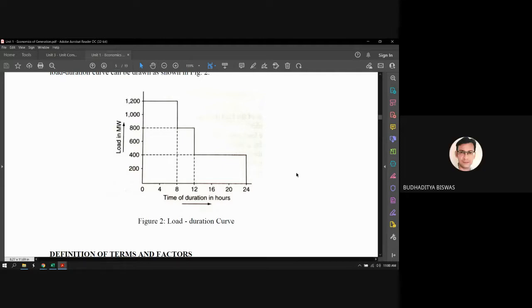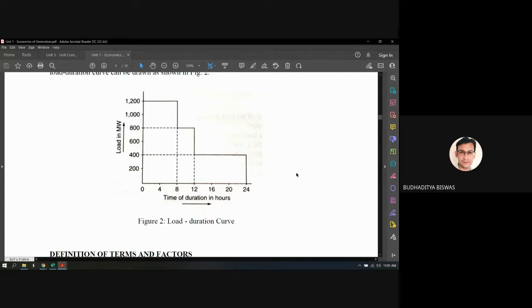So look, the problem is that every generator has a minimum and maximum load limit. If they are generating at the minimum load, then it is not very economical. Generally it is economical if the generation is in the middle between the maximum generation and the minimum generation; then we can call it economical generation. So if all the units run, then you are not generating power economically, because each unit generates a very low amount, 400 divided by 3, but each unit is able to generate more than 400 megawatt at a time, so this is not economical.